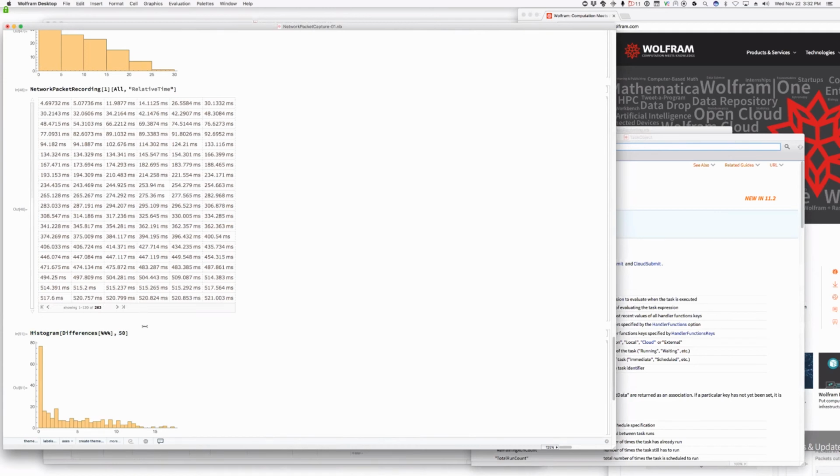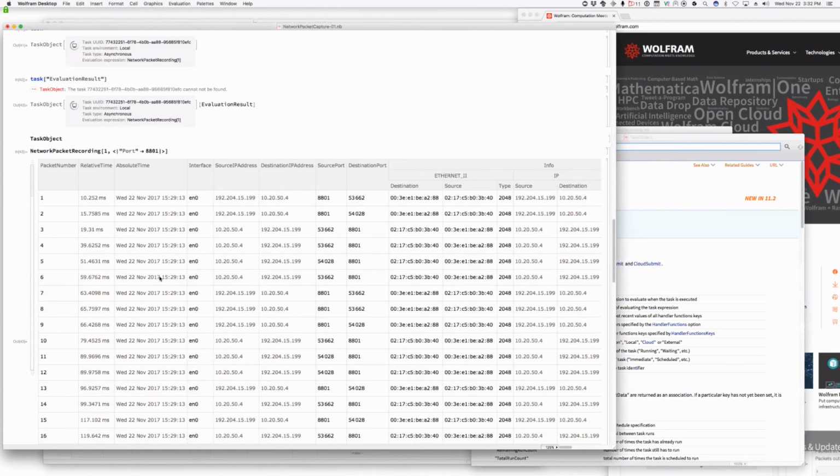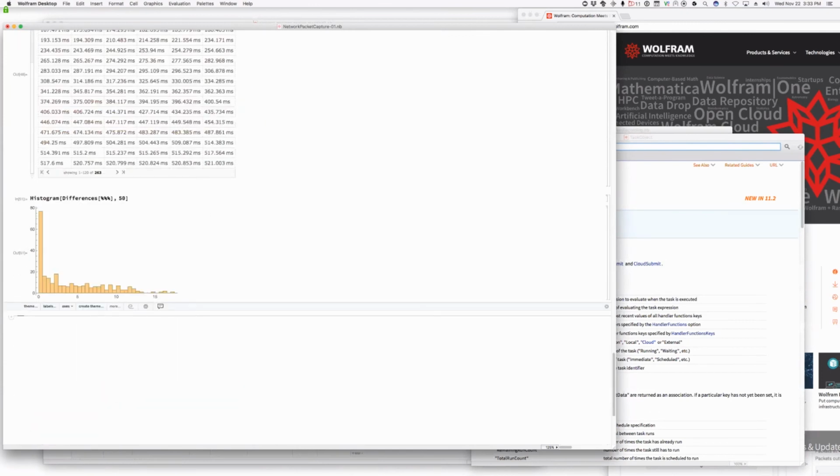Well, so let's talk about that, because it does seem useful to be able to request only parts of that data set. Presumably, it's much faster to do that. So that would be network packet recording with a third argument. This is getting a little funky here, because the second argument can be quite ornate. And the combination of first argument and second argument, there might be an argument for doing network packet recording